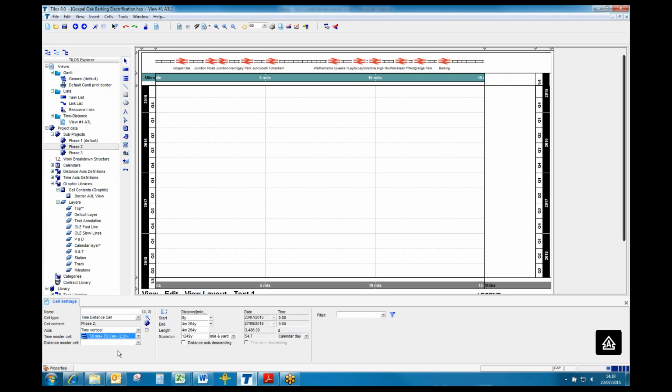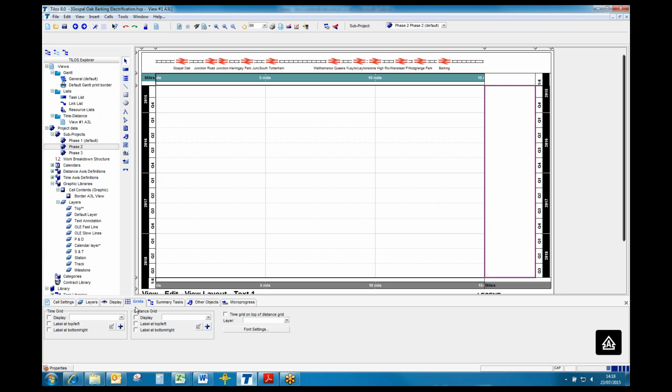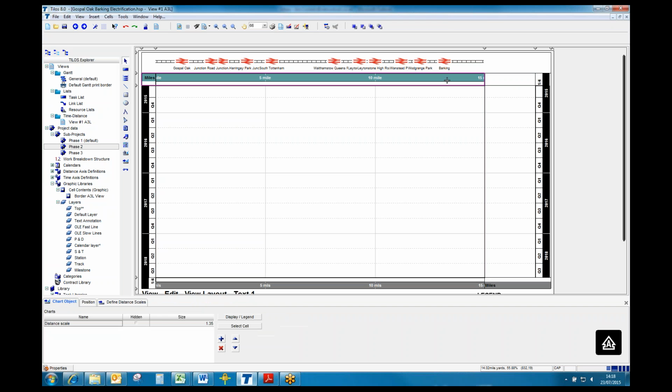Okay. So we can't see anything at the moment. And so in this cell now, I'm going to the grids tab, and I'm getting very noisy background again. And I'm changing the display of the grids so you can see what we can see. I notice on the main cell that we've got the same grids and we can have the same rulers. If I look at this cell here on the left-hand side,